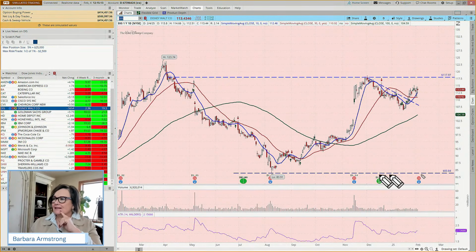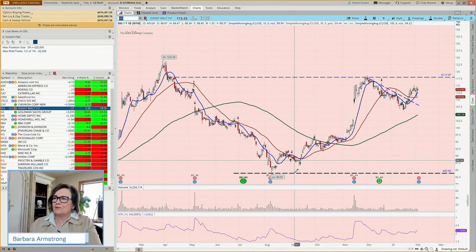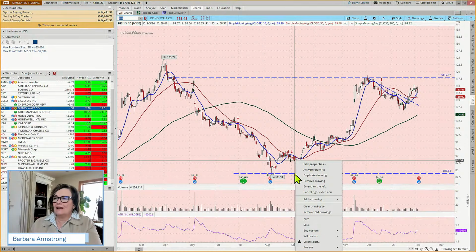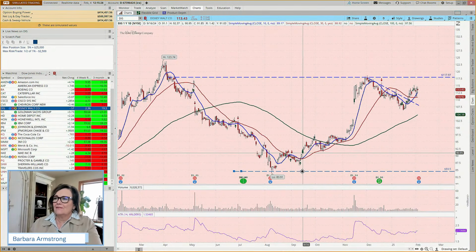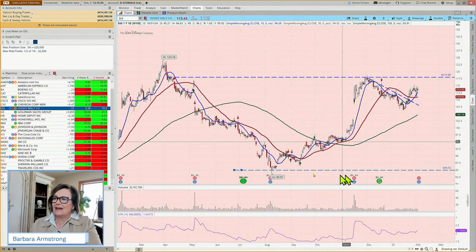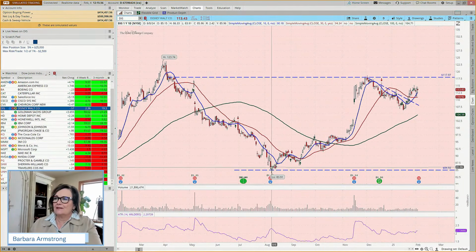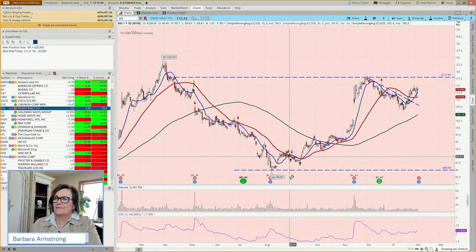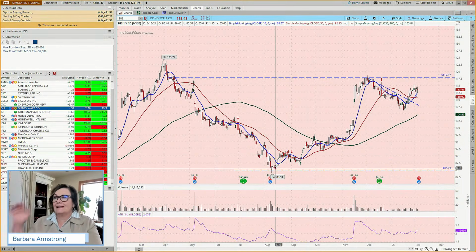So this line is at 83.84, but just let me get rid of this drawing tool. And that's really a personal choice. If you're including the wicks, I'd say it's a little more aggressive. But if we snug it up to where it closed on this low day, that was more like almost $85 as opposed to $83.91. That's where it opened that day.